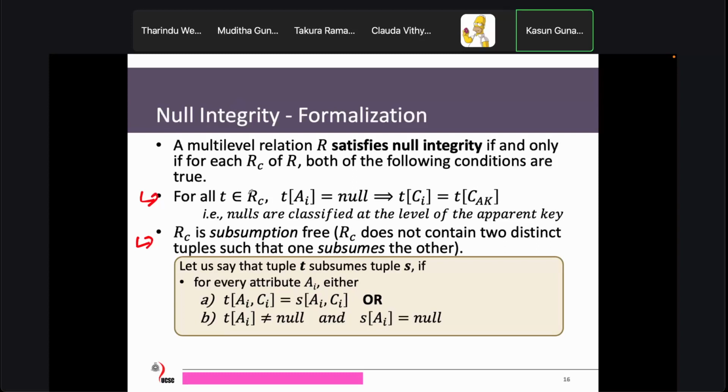If both conditions are adhered to by all the relational instances of relation R, then we say R satisfies null integrity. Let's look at what those conditions are. The first condition: for all tuples t which are members of relation instance Rc, which means all the rows of instance Rc,